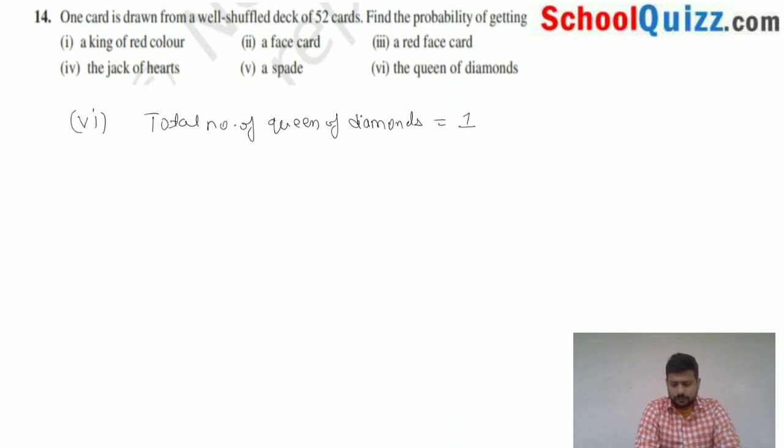Now the sixth part is the Queen of Diamonds. Total number of Queen of Diamonds is equal to 1. Now probability of getting Queen of Diamond is